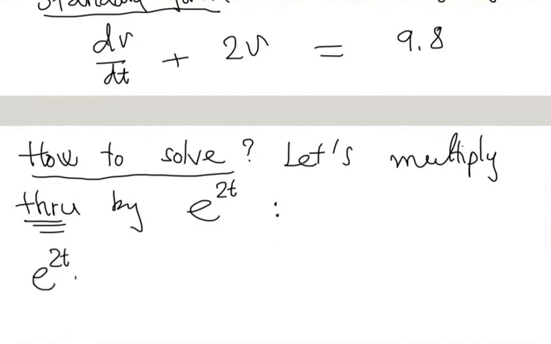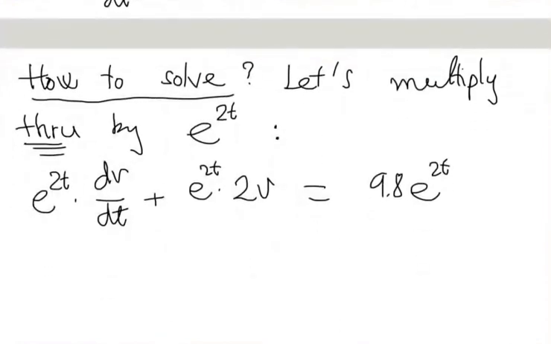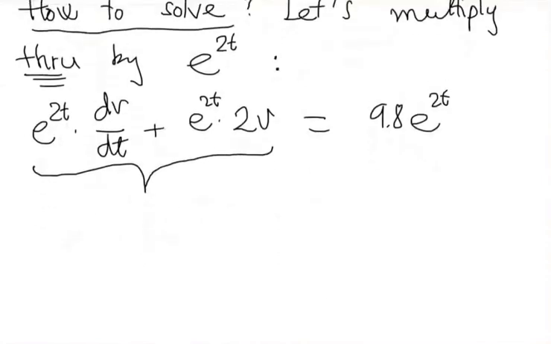So we have e to the 2t dv dt plus e to the 2t 2v and then 9.8 e to the 2t. You will say, well, why are we multiplying by e to the 2t to make the equation more complicated? That's right, we make the equation more complicated, but for a purpose. It turns out, now the equation is more complicated, but the left-hand side is the derivative of a product,